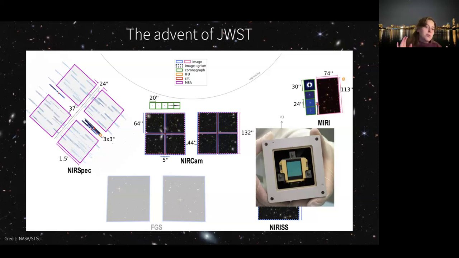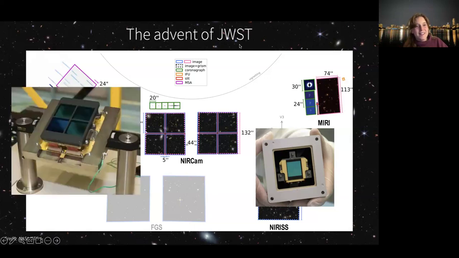And each of those instruments also has different observing modes. So you can take a spectrum, or you can image with them. You can do all kinds of things. But ultimately, each of them also has its own detector or its own chip array that is used for the actual readout of the light. And here I'm just showing a person holding the MIRI detector, just so you can imagine the scale of this window over here.